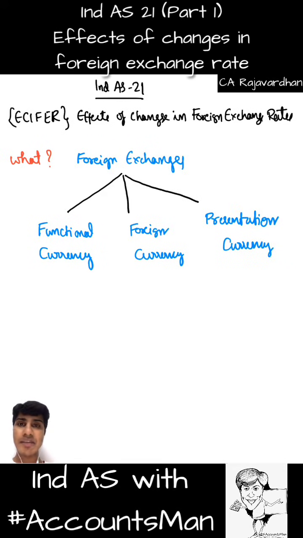The entire standard repeatedly uses these three currencies. Once you understand and figure out what each of these currencies mean and when do we apply which currency, then we'll have a very clear understanding about the standard. So let's get started to understand the first one. What exactly do we mean by functional currency? What does it mean? It refers to currency